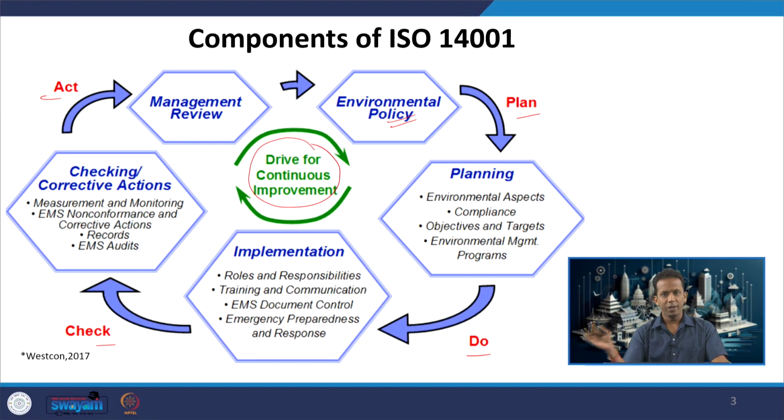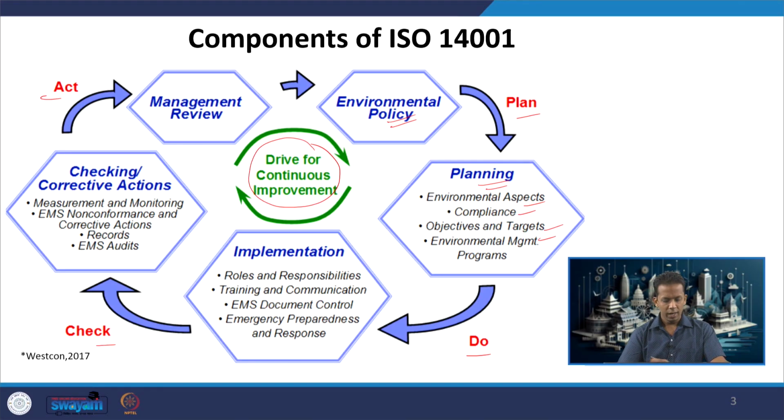So, to achieve that vision, there is a need for planning, which will consider different aspects, compliance, objectives and targets, and environmental management programs. Each of these terminologies, I think we have covered already when we studied EMS, like what is an aspect, what is an objective, a target. Okay. So, in the planning stage, all those things are taken into account,